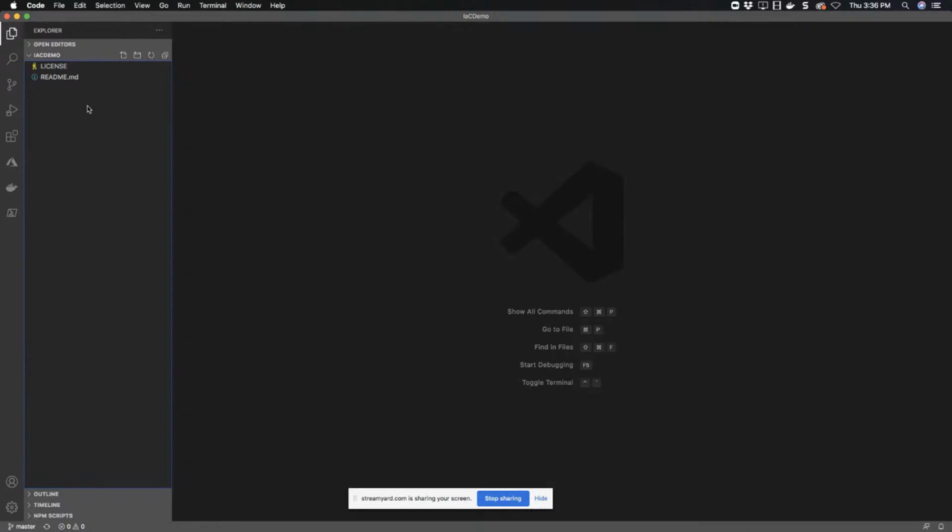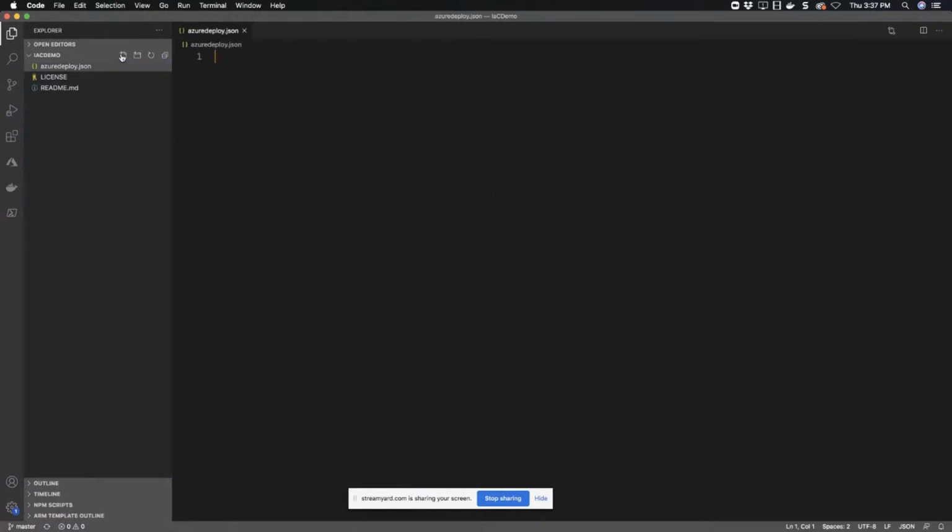And so let's take a look at this, and then we'll see what happens here. In this folder, we've got an empty workspace open in Visual Studio Code. In this repository, I'm going to create a new file, azuredeploy.json. I'm going to be using the native ARM templating system available in Azure. So again, yeah, Terraform is great. We've got videos on our channel that show you how to get started with Terraform.